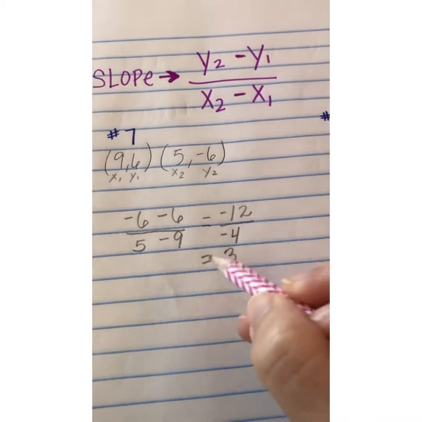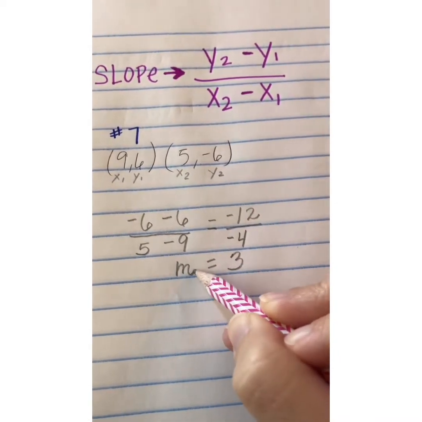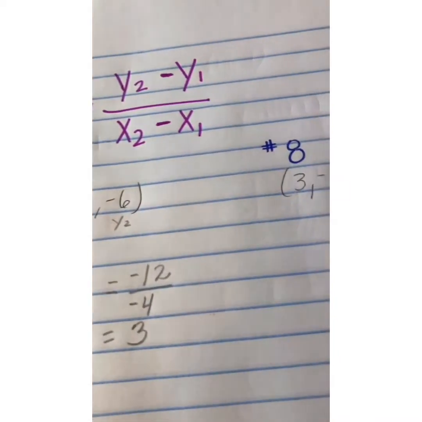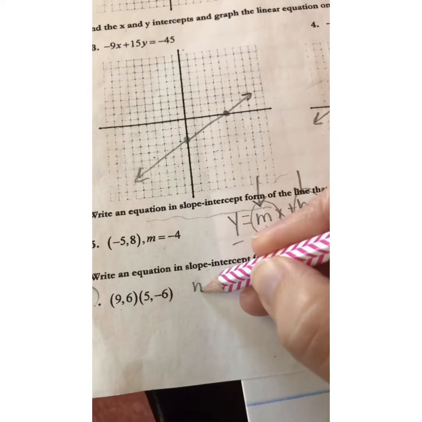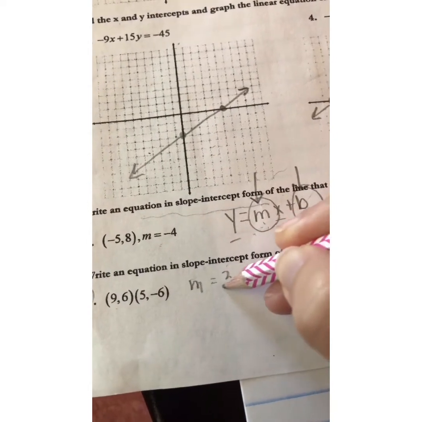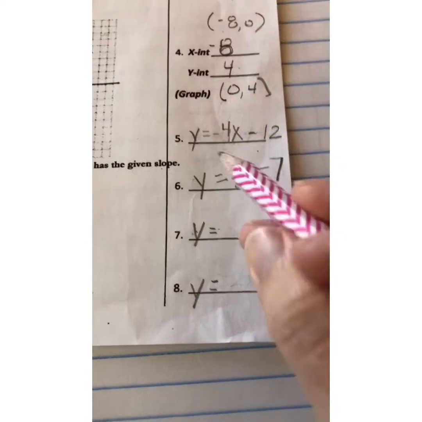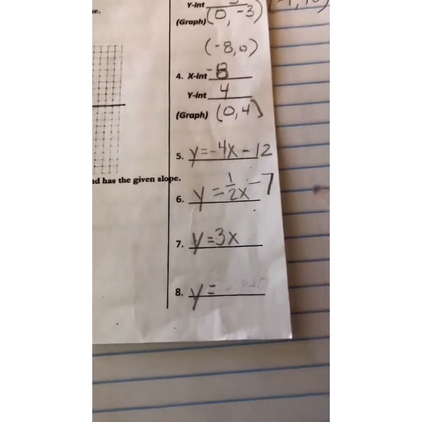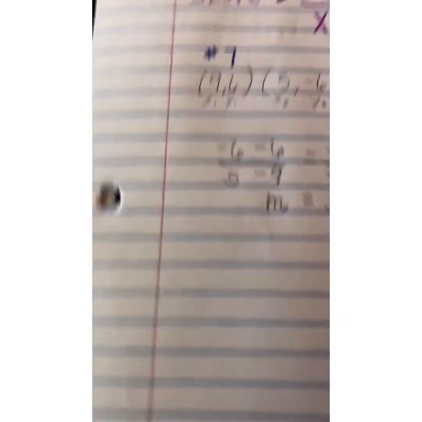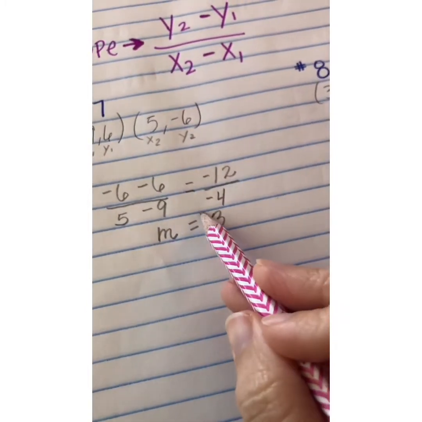So if I know now that my slope is 3, then I can come over here and I can say, okay, well, I'm just going to write that. And I'm also going to write m equals 3. And I know that this is going to be y equals 3 times x. So again, the only thing I'm missing is the b. So I'm going to come back over here. I'm going to say, okay, look, if my m equals 3,